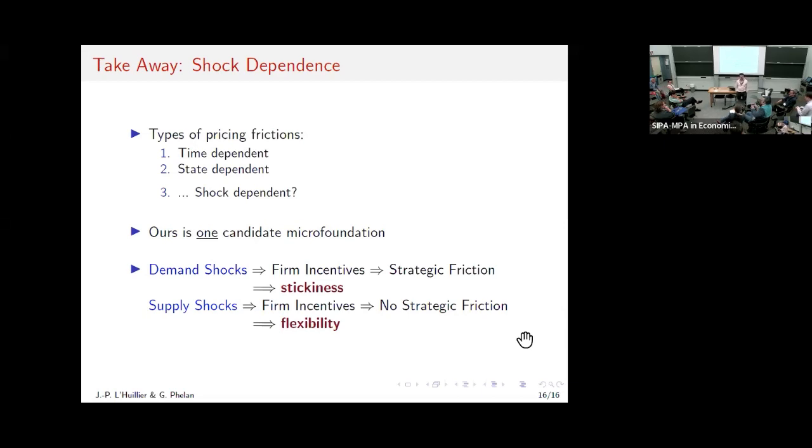Okay, so when you have more than one sector, then if demand shocks originate from a particular part of the network versus supply shocks from another part of the network, then obviously you will have different propagation. And I think another thing is that even in the same network, demand shocks propagate upstream, whereas supply shocks propagate downstream. Right, so that could be, but you need to make that extra assumption. Right, exactly. So you need that heterogeneity in the network economy: the shock and the location in the network need to be correlated in a particular way.